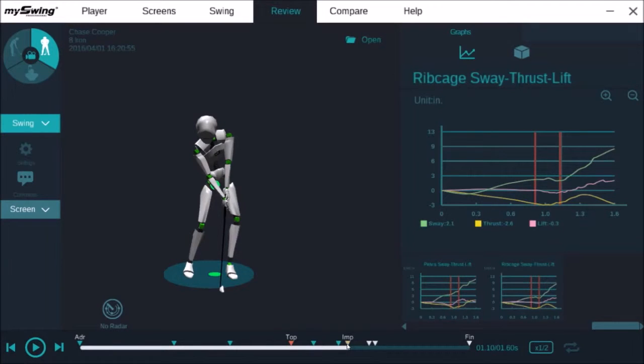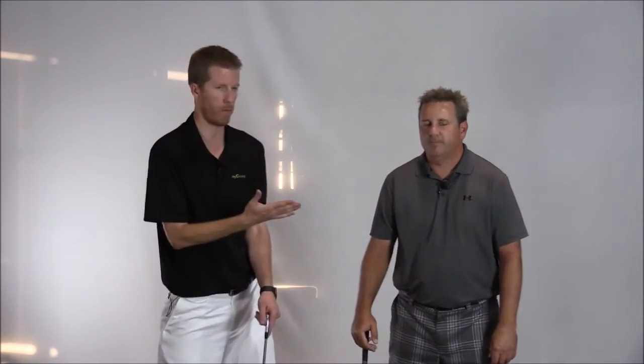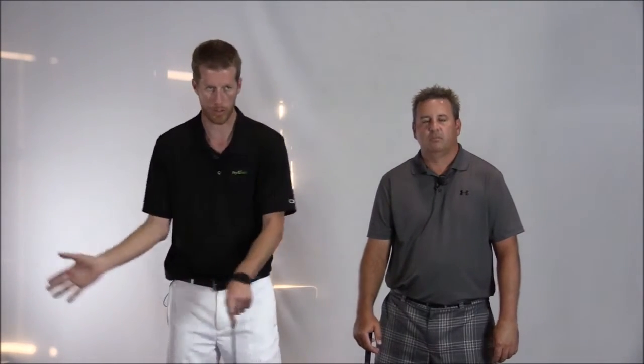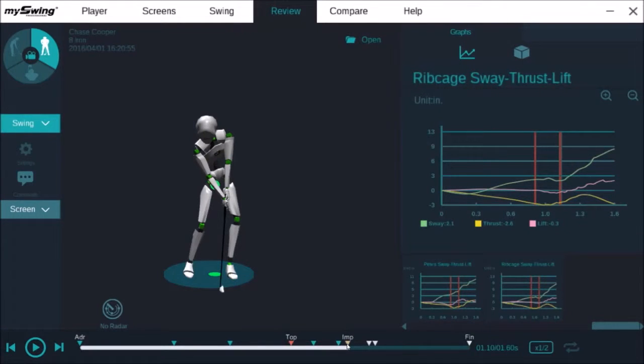So we see I really stayed pretty much still with my rib cage. That's what you want. My hips went forward. I maintained a little bit more secondary tilt, something we've covered in the past. Thrust, I had none. I stayed back, creating space for my arms to travel. There wasn't a whole lot of that movement. And then lift, I stayed pretty level throughout. As you can see, the purple curve, the pink curve, I stayed pretty much level until the very end